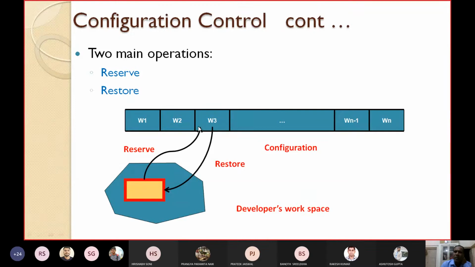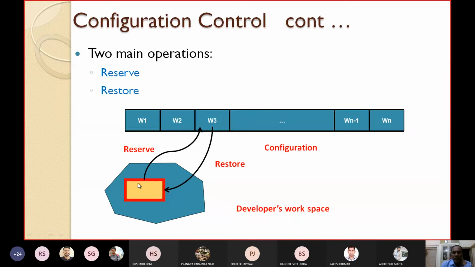Once he has applied the reserve operation, the component will be given by the project manager, not the original component. A copy of W3 will be given to the concerned developer. And since he has applied the reserve operation, now nobody can access this W3 until his work is over.